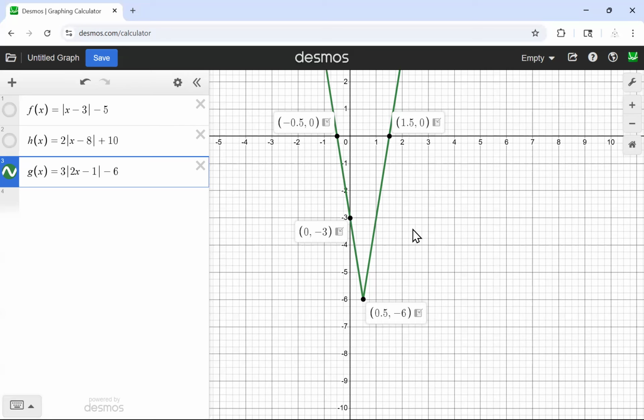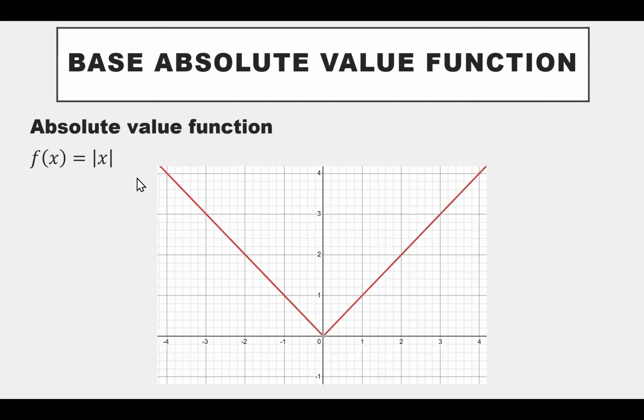Hopefully that makes sense. Now, obviously, I've graphed this in Desmos. You can also graph this on a TI-84 calculator. There'll be a companion video on how to graph with the TI-84 calculator. Again, we have done a lot of other work with this absolute value function using transformations. So hopefully you're fairly comfortable using this absolute value function, not just this base absolute value function, but all kinds